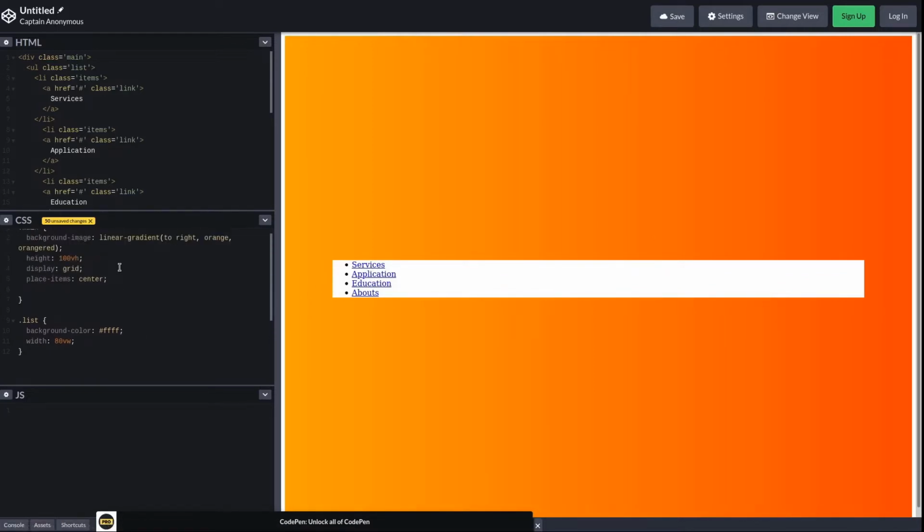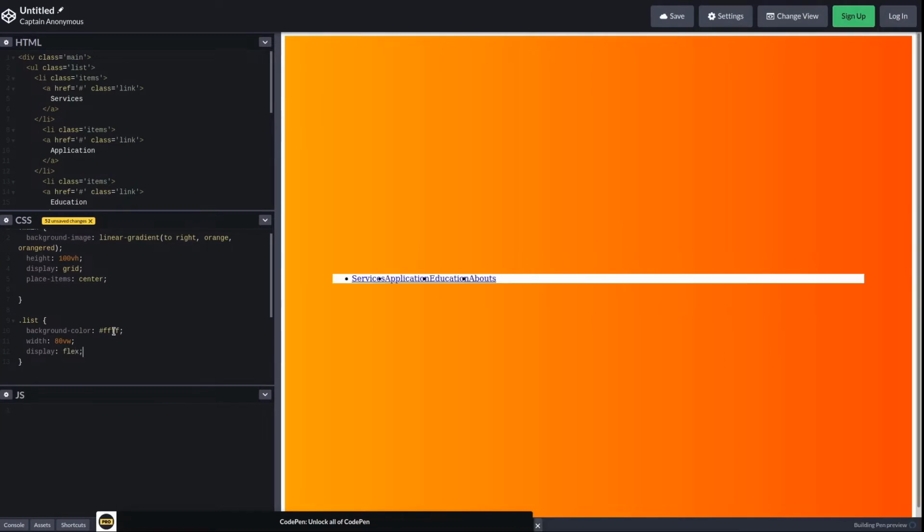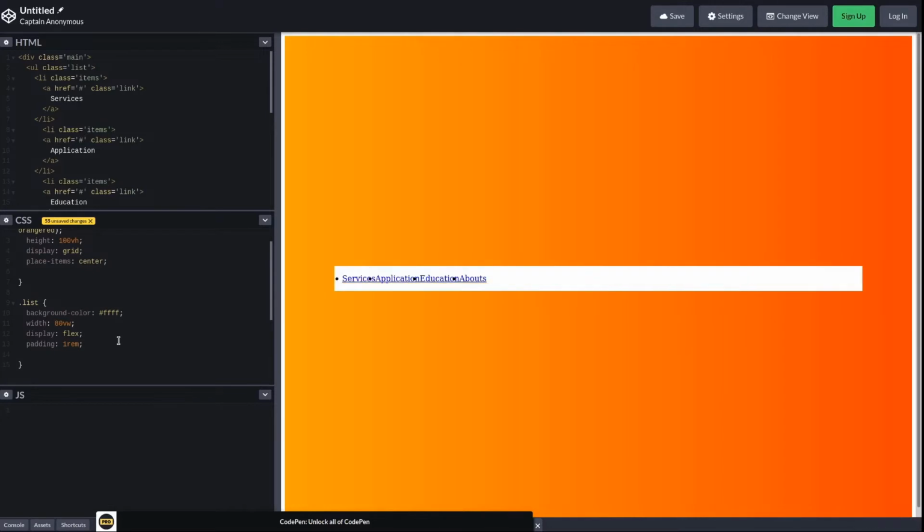Okay, now I just place this li side by side. For this I select, not select, just set the parent element to display flex and it's now side by side. I also want to give some padding like about 1 rem and I also set justify content to space around.